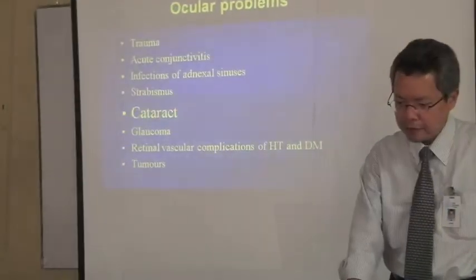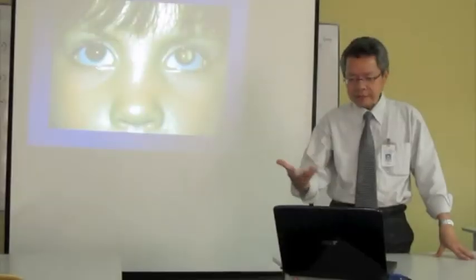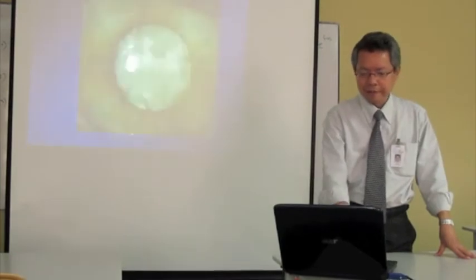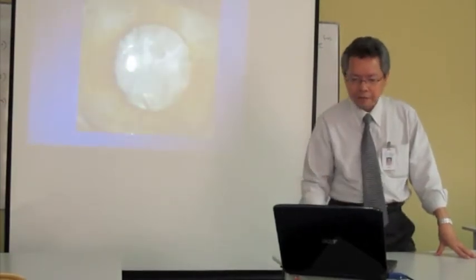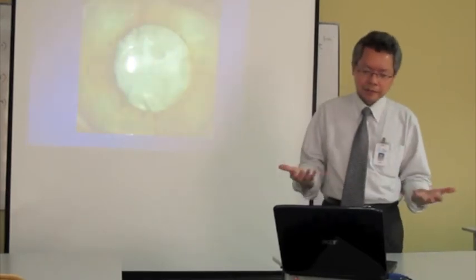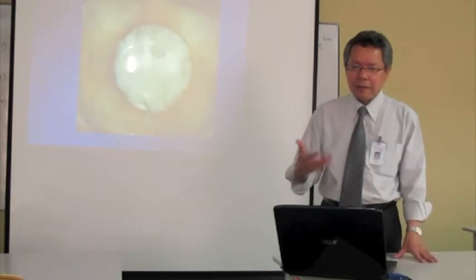Next, cataract. Here we are, a boy with cataract in his eye, and it's so mature in this case that you can see the eye as being white. So, sometimes people refer to it as cat's eye. This is a blown up photograph of a cataract. It looks really milky here, and by no stretch of imagination can you say that light can pass through